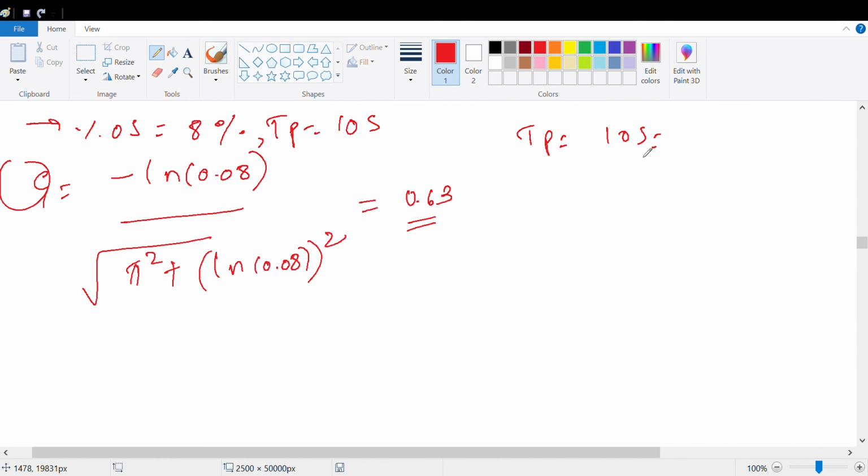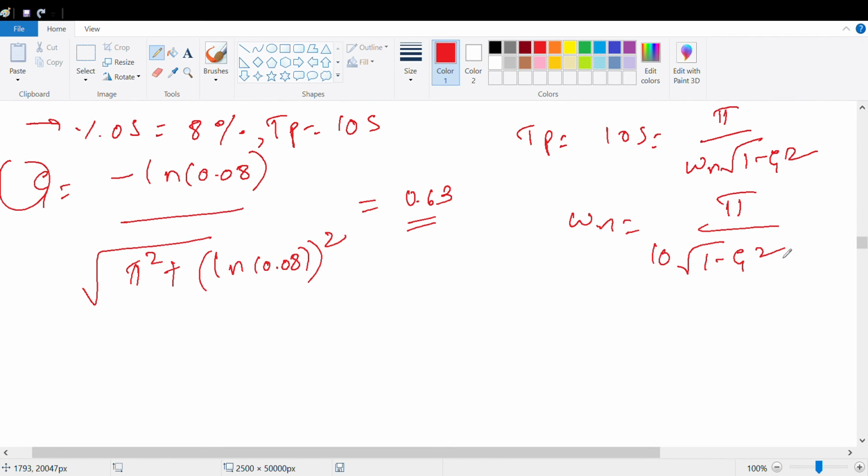After that, peak time is 10 seconds. So what is the formula for peak time? Delay time, rise time, peak time. Peak time is pi by omega n into the square root of 1 minus zeta square. Therefore omega n equals pi by 10 times the square root of 1 minus zeta square. Therefore omega n is, we get here